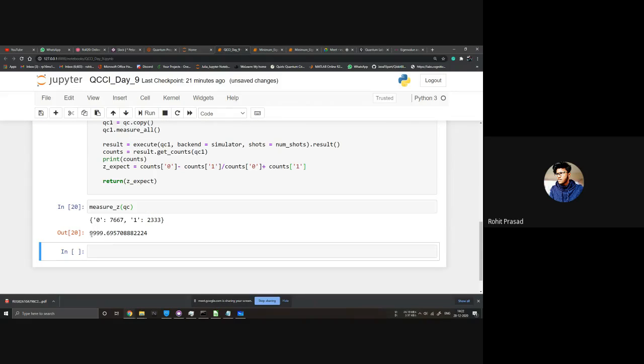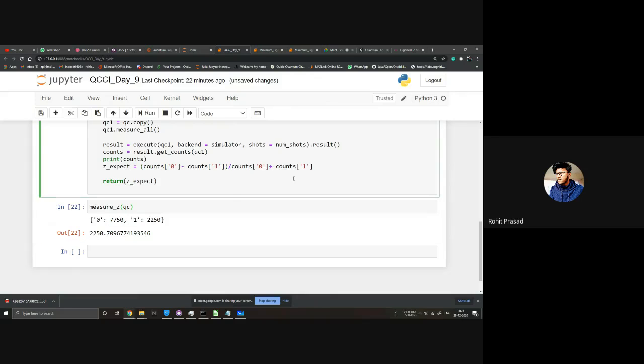Okay, so the probability is 0.99. Okay. Maybe this will work. It should be this minus this divided by the whole thing.